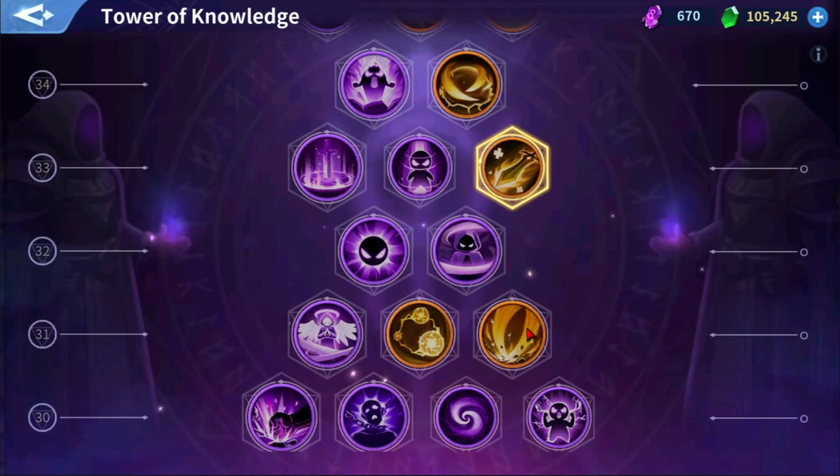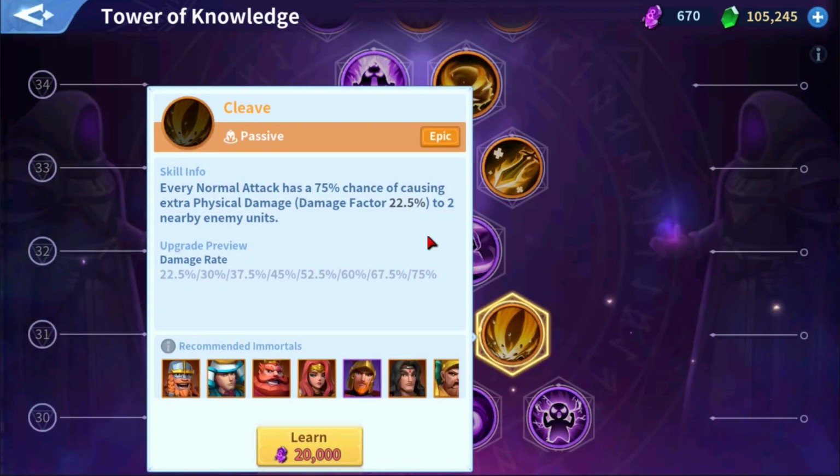Next, we're going to take a look at Cleave, which is the comet imploding into the earth. Every normal attack has a 75% chance of causing extra physical damage. There's a factor here of 22.5 to 75% to 2 nearby enemy units. So here,